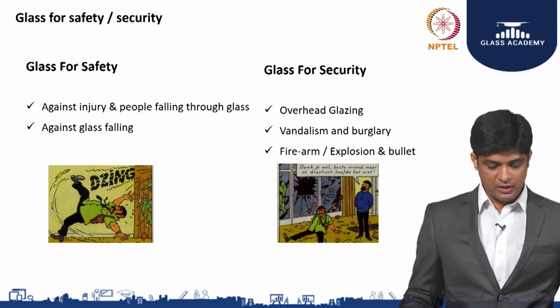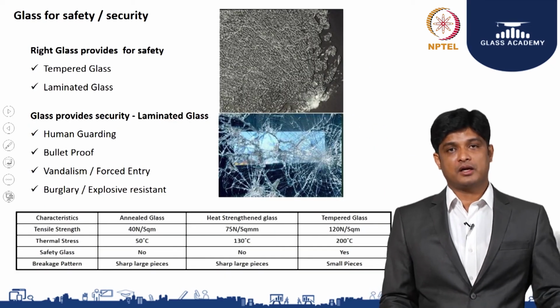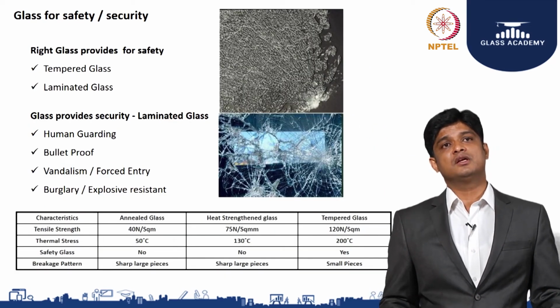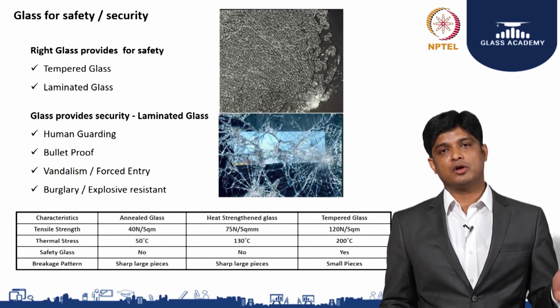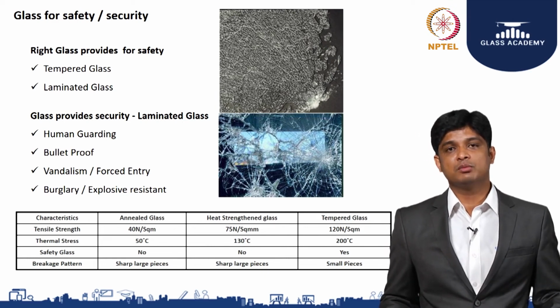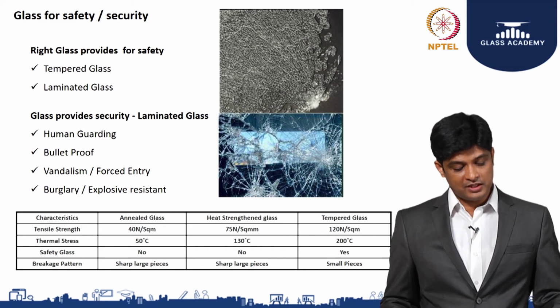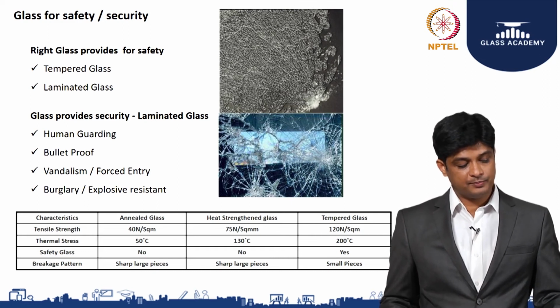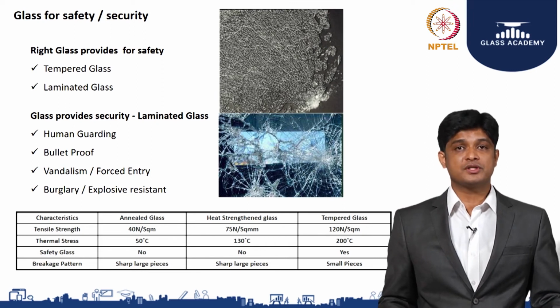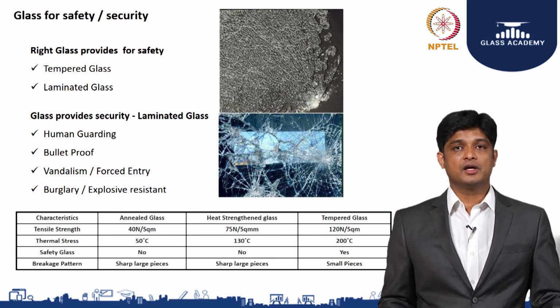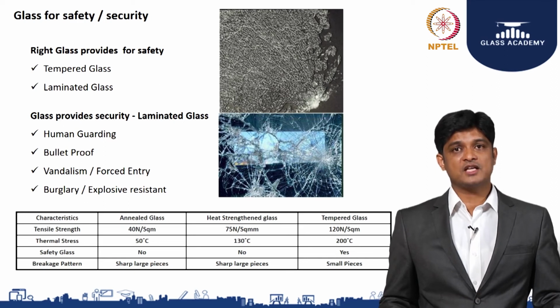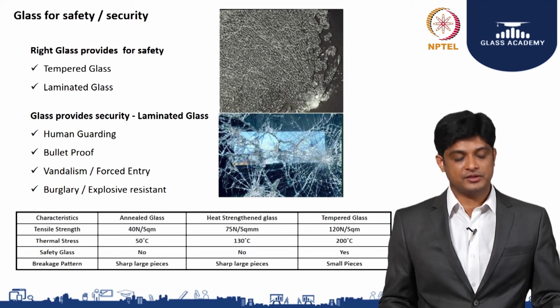Safety glass means the glass which can withstand human impact. That's what it very clearly says, but it doesn't mean that this glass is going to give you other safety against bulletproof requirements, or that it can behave against vandalism or forced entry. In this chapter, IS 16231, when we talk about safety glass, it names only two processed types of glass as safety, which are tempered glass or laminated glass. In this lamination, the option is open whether I can do a toughened lamination or a heat strengthened lamination. So only these two glasses have been named as safety glass.